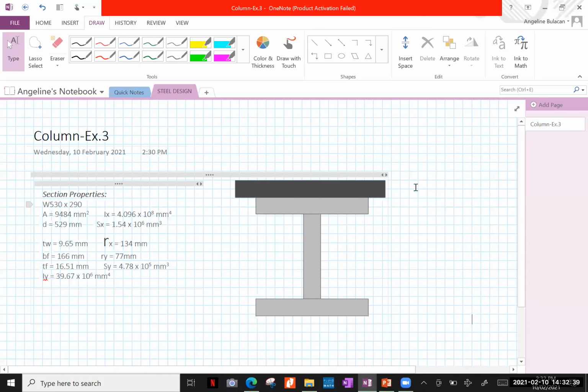Now, since this is an example of a combined or built-up section, we can't just use this kasi nga, itong dalawang to is for this W section only. So, ang kailangan natin is we need to get the radius of gyration of the combined section. So, paano ba natin siya gagawin? So, first step,